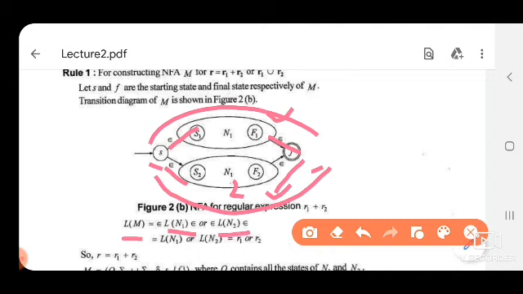So L(M) contains all the strings generated by N1 or generated by N2. M is the machine which generates the language, or set of strings, which represents R1 or R2.